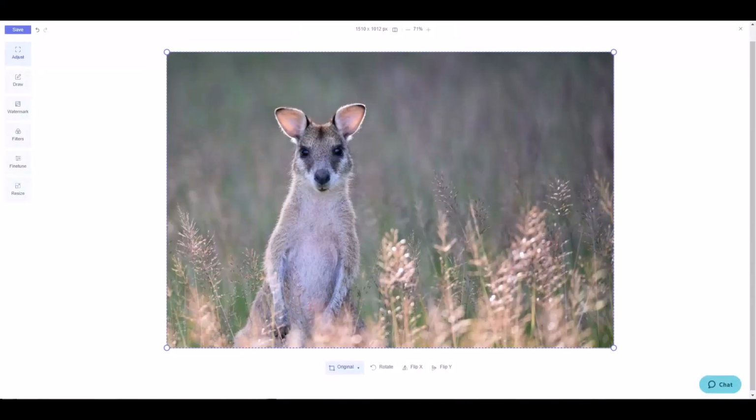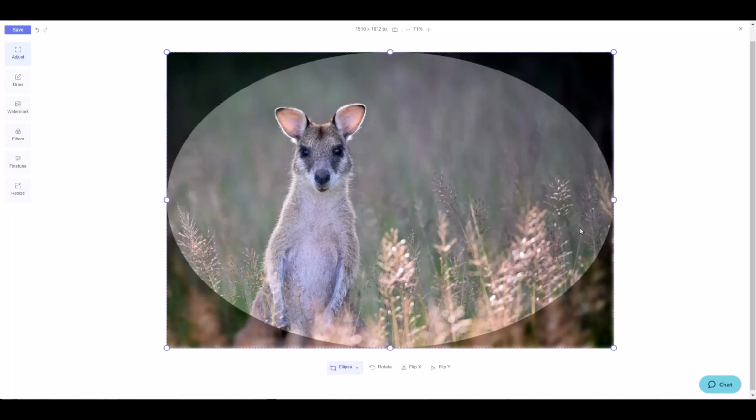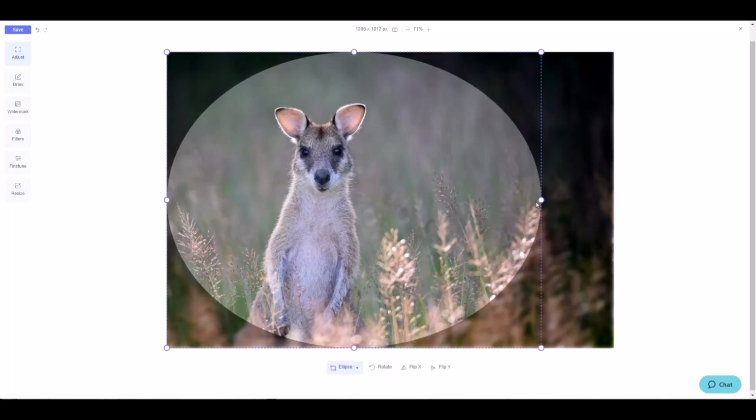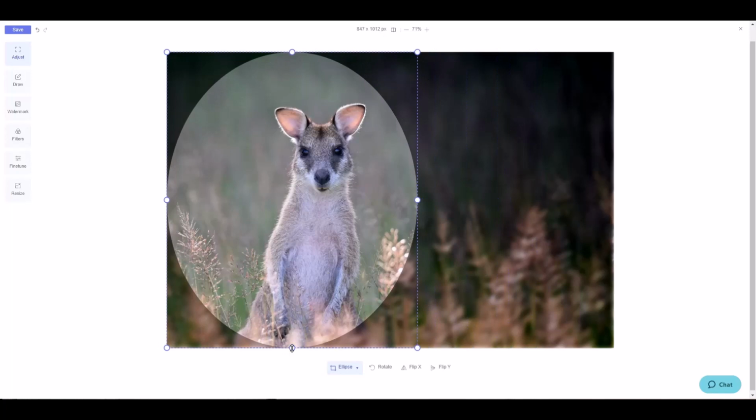In this video, I will show you how to crop your image, resize, add a watermark, and some text on top. The first thing I'm going to do here is create a headshot style image. The options I have in the Adjust section are to rotate, flip, or crop. I'm going to crop this into an ellipse and drag the borders to create a circle to frame the face.